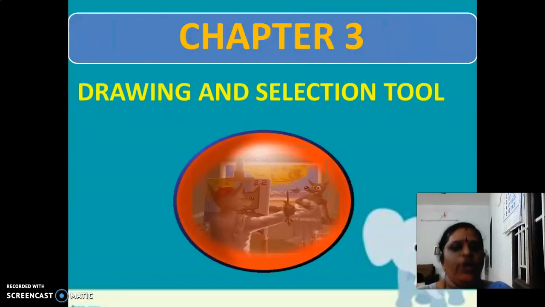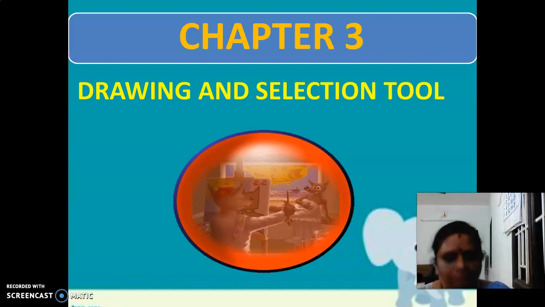Now, let us start with our chapter 3. That is drawing and selection tools. In chapter 2, we saw about the XIMP interface. What are all the things available in the XIMP interface. Now we are going to see about the toolbox, about the tool options, what are all the icons available there, everything we saw, right?